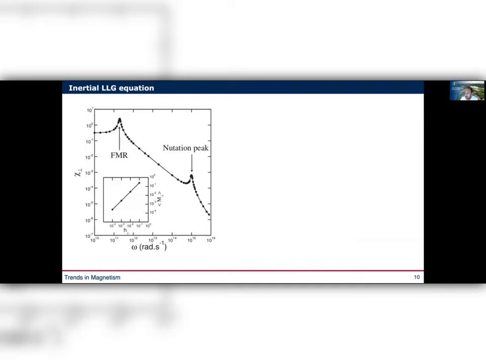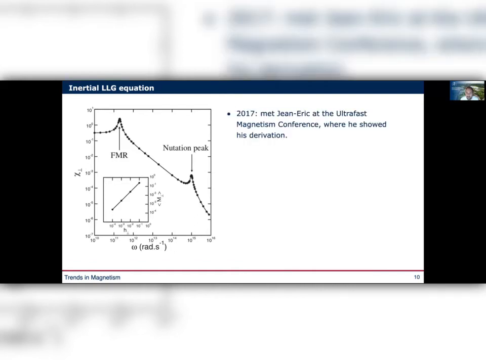It's not the typical gigahertz spectroscopy where you have a commercial device that can help you to do this. So the story was actually, I like to tell the story because I think it's a good example of how science sometimes works. I had no idea about this, but at the Ultrafast Magnetism Conference in 2017, I met Jan-Erik, and I was completely fascinated by his talk, because I said, wow, I completely missed this, and I found this as a fascinating fundamental problem that we maybe can now attack.